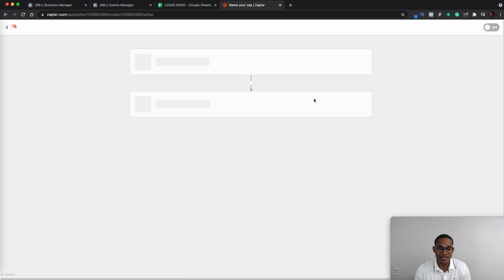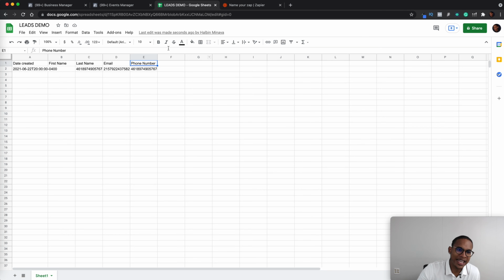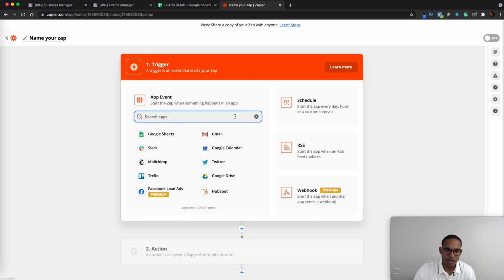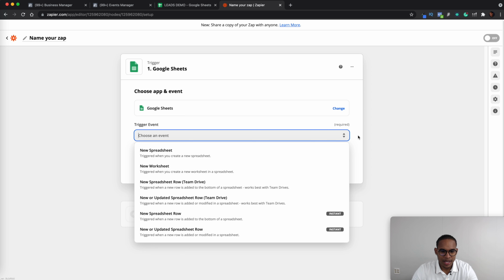So this is the important Zap. This is the Zap that's going to take all the information that's going to be located here and send it back over to Facebook. So I'm just going to put something here so we can have it and see it on Zapier. 12345@gmail.com, and then we have that phone number there. Okay, so we already have all the information that we need. So we're going to select Google Sheet. We're going to select the new spreadsheet row,